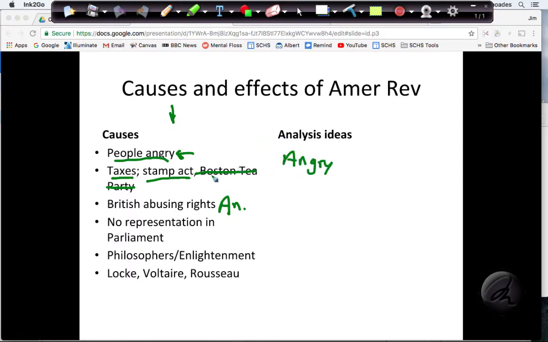At first, I thought maybe the people being angry would be kind of the whole focus for this causation. And then I realized when I looked over here, I didn't really have enough information to spread out. Remember, I'm going to want to have evidence in a body paragraph in two places. And I didn't think that the Stamp Act was really enough to go on. So what I decided to do was make it a sort of a two-part causation.